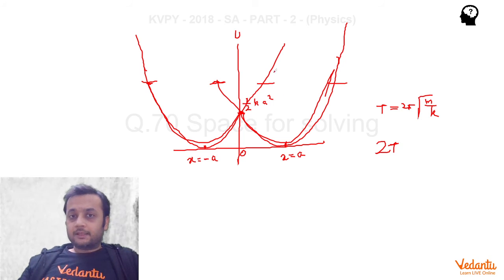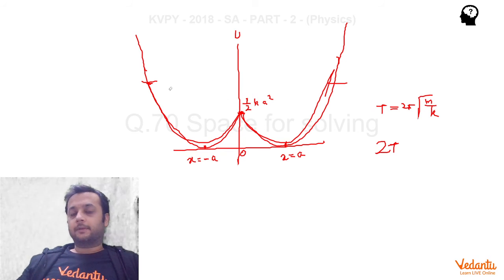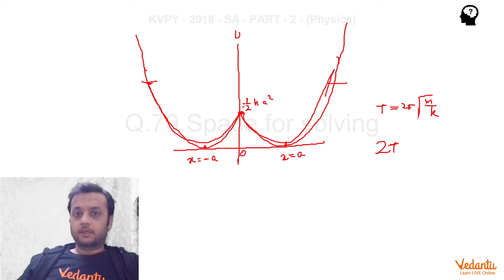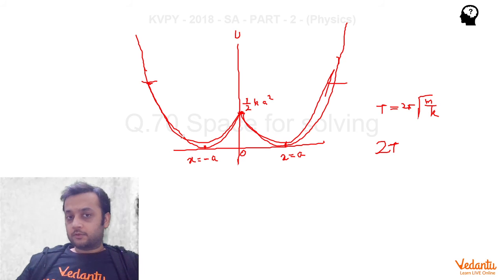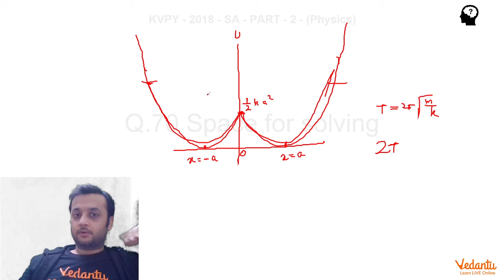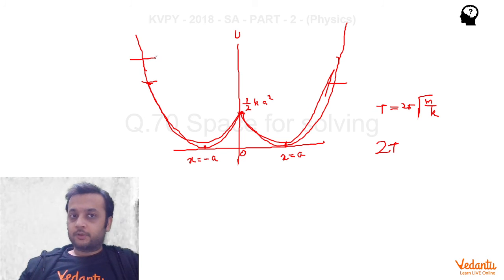But you are not allowing this part to happen. This part and this part, you're not allowing it to happen. So this part and this part is gone. You are allowing just the particle to move like this. So basically now it will become less than 2t because this time will be lost. You keep on increasing this, more and more part will be lost. For example, if you increase the energy, now the greater part of the motion is lost. So again the time period will become less.